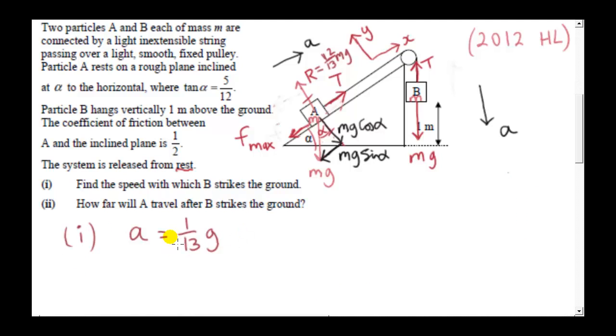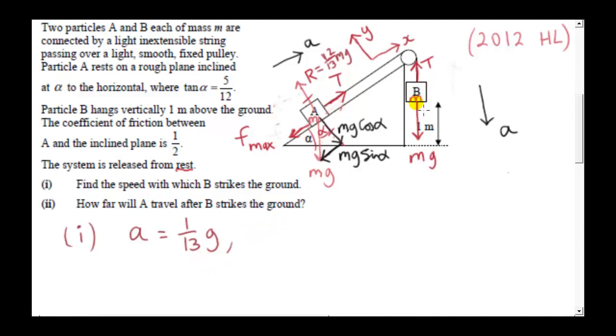So a comes out to be positive, so the assigned direction is correct. As I said before, if this had come out to be negative, the correct answer would not be got by making this positive, but we would have to redo the problem, and the friction force would be in a different position, so we get a very different answer. Okay,